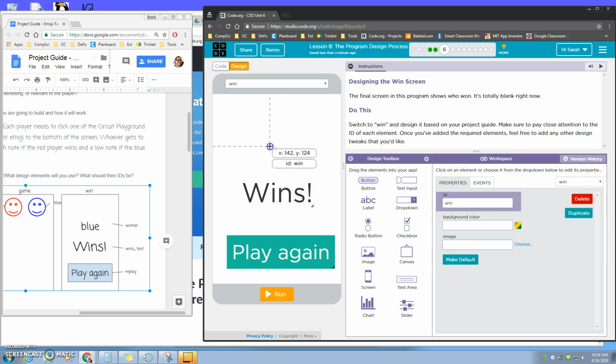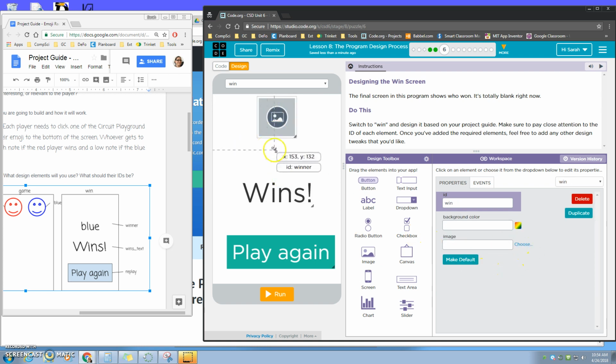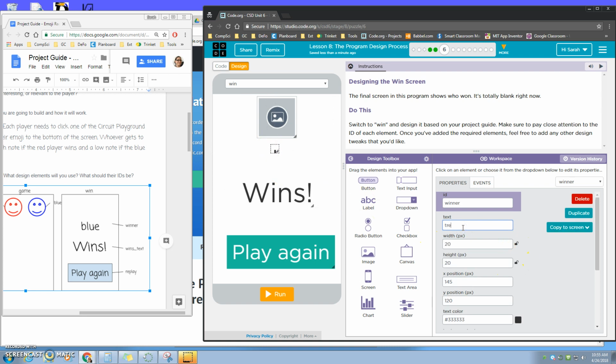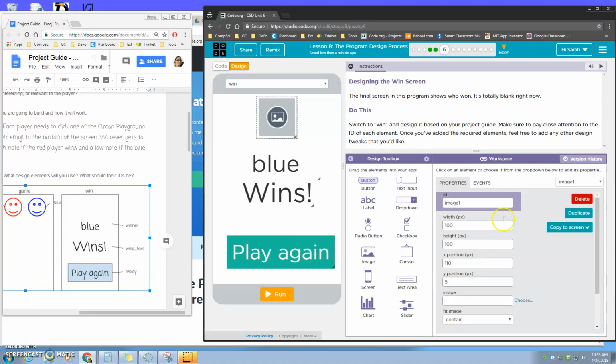I'm going to add also at the top an image. I need to get this to show up for a second. Alright. Just want to make sure. Just going to put blue for right now. I want to make sure it fits. There we go. I'm going to name this